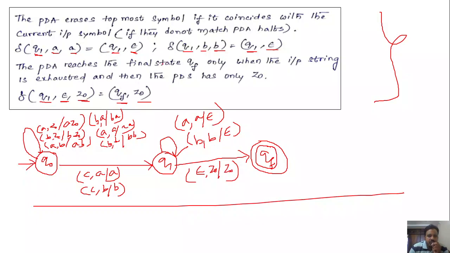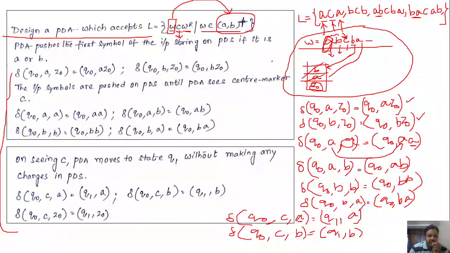Okay. So this is how we can construct the push down automata for this given language property. So just go through once the solution which I mentioned here. If you feel any difficulty or if you get any doubts, just get in touch with me. I will explain all those doubts in the next coming session.